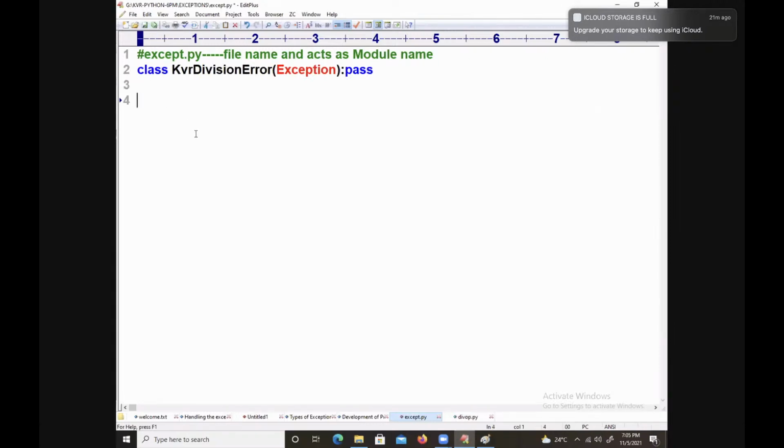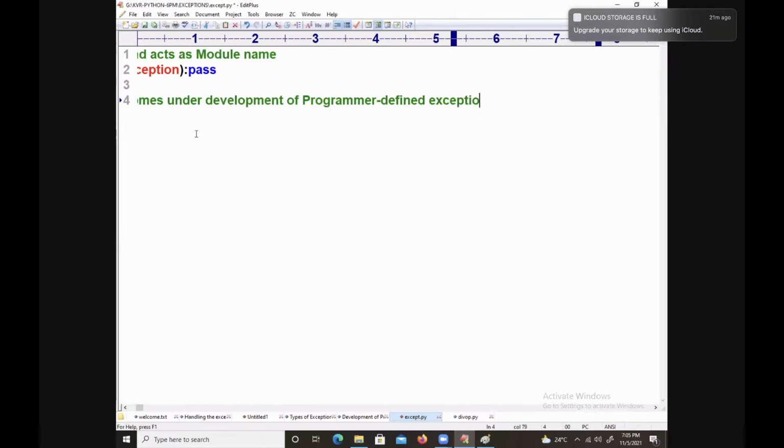You go to that previous place and write down there. Here write down the previous program. What have you written? Division, KVR division error comes under development of programmer defined exception class.